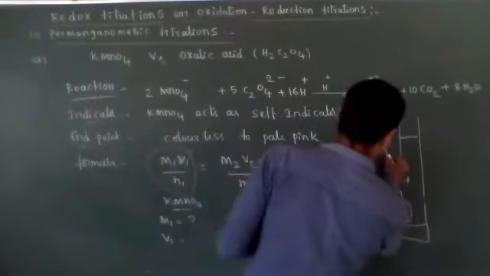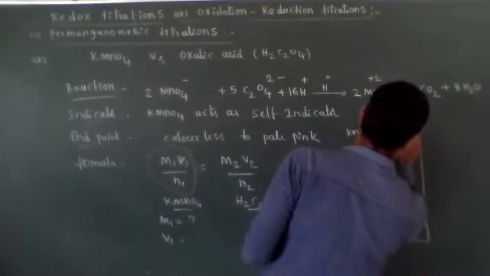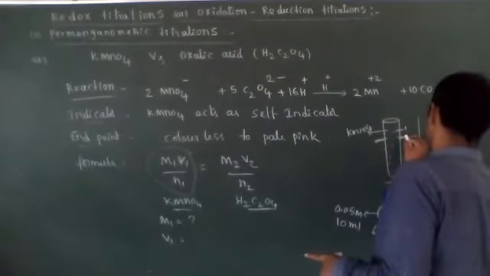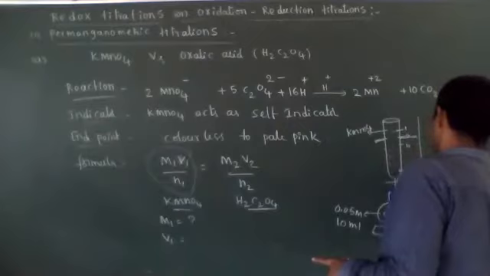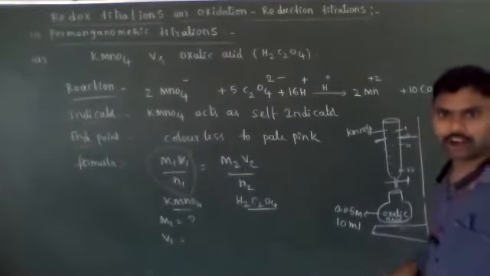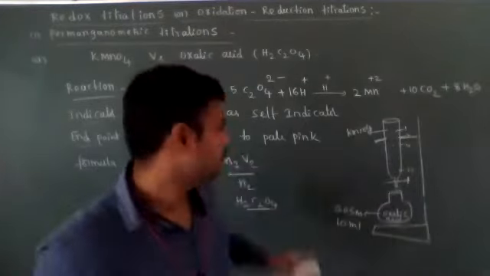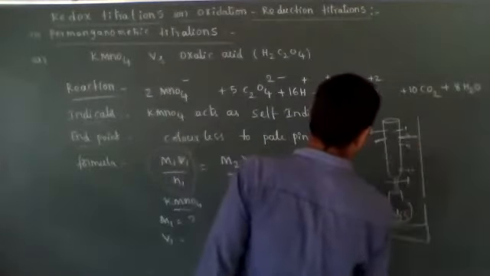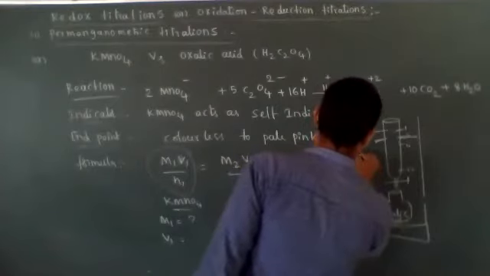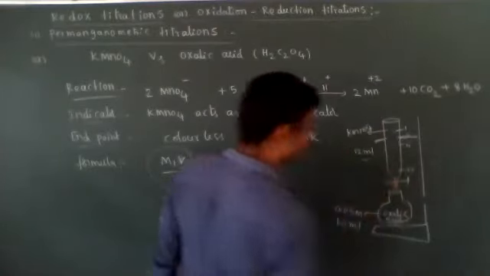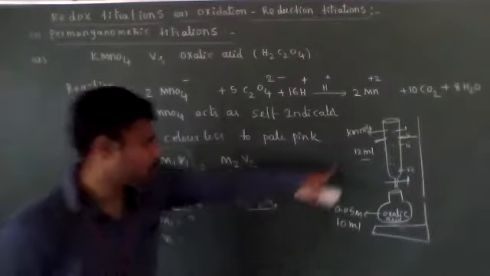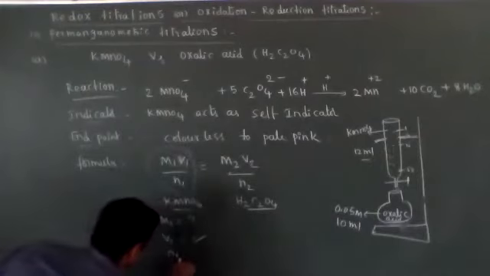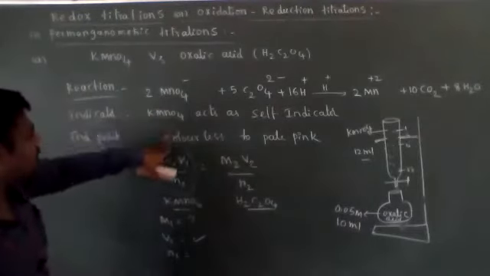Then you run the volume from the burette, which goes 1, 5, 10 up to 50 ml. What is the volume of the burette? 50 ml. By running that solution, maybe 12 ml of KMnO4 you have added. Then the volume of KMnO4 from the burette we need to calculate. And N1, how much is it in the stoichiometric balanced equation?